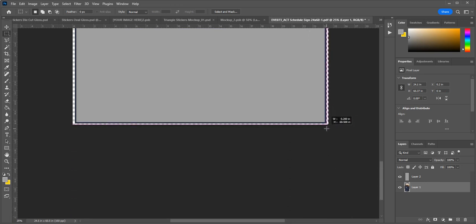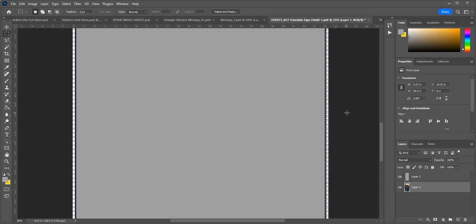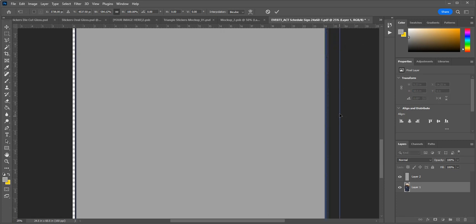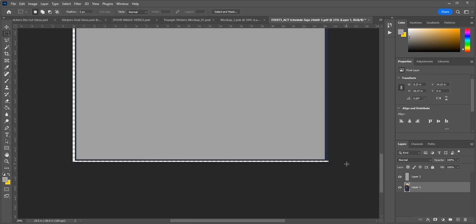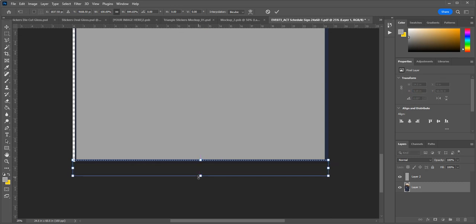on all 4 sides. So if you're having difficulty selecting just a little bit, as long as you have that selection tool there, you could use your arrows to nudge it over and grab just a tiny amount. Again, Control T, hold shift, drag it out, and move on to the bottom. Same thing, Control T, shift, drag it down,